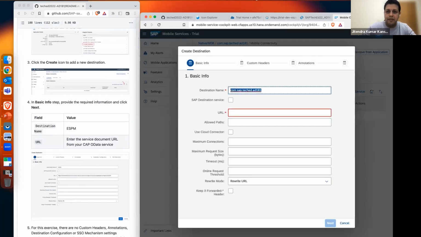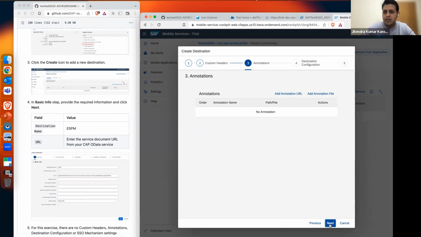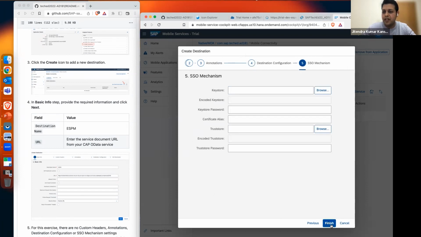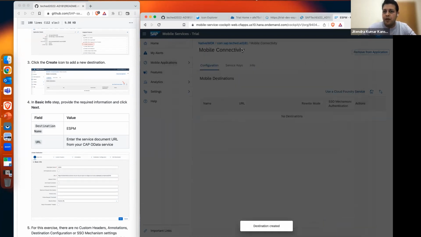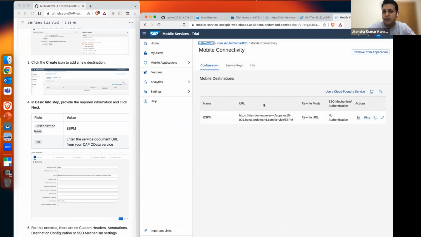We give it a name. Click next. There's no custom header required for this service to be accessible. There's no annotation. And this service does not require any authentication, but this can easily be protected by some configuration in the app layer. We click next and finish. And this is how we have configured a destination, but it's very important that we test it